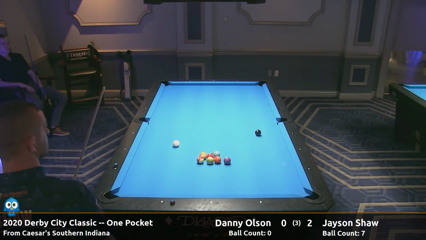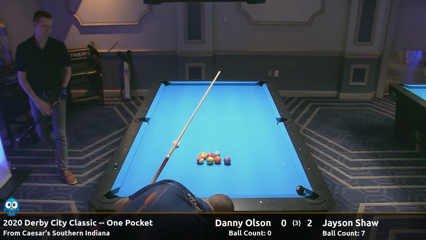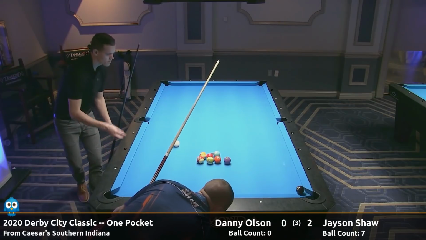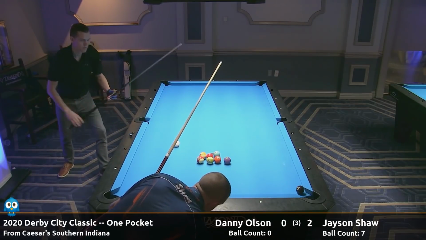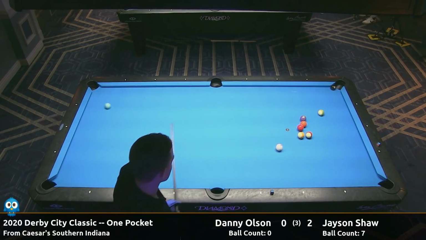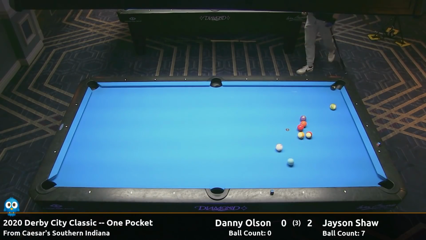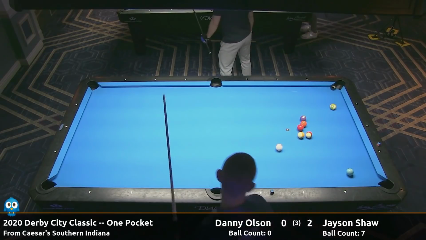Looks pretty good. May hang, but well, so we'll get to see what Danny can create from here, but it's going to take a lot. Is he going to stick him on the balls here? Or is he going to blast it open? I'm not sure he gave up straight in unless the cue ball gets kissed here, but